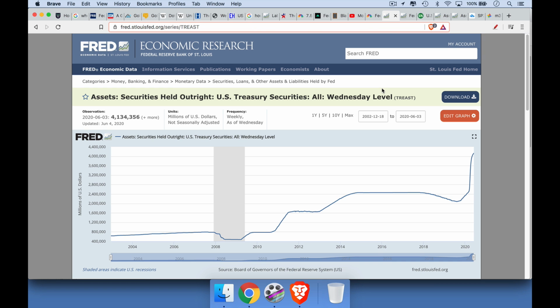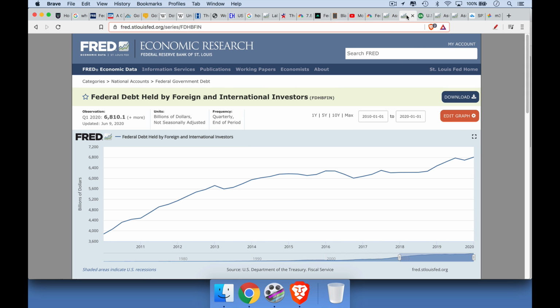If we look at the number of Treasuries that the Fed holds on their balance sheet, so they basically print new money, they buy U.S. Treasuries, and this has been skyrocketing. It's really been going up since the 2008 crisis. They tried to taper down their Treasuries back in 2018. It caused a little mini stock market crash, and you can see this chart is just up and to the right. The Fed is basically sterilizing or monetizing the U.S. debt. And the reason it's doing this is because there's no one left to buy our debt.